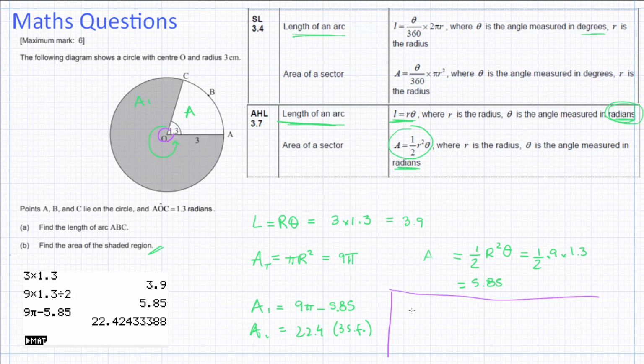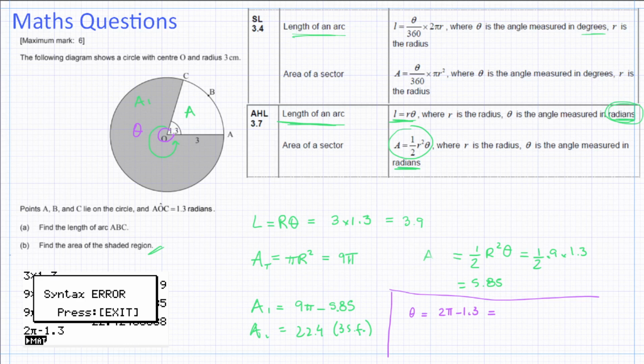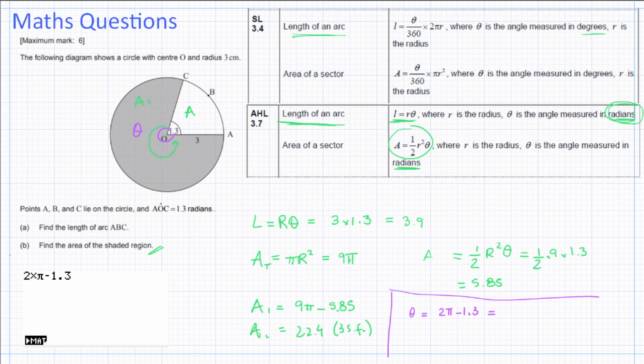Well, if the full angle is 2 pi, the angle that we're looking for here, I'll call it theta, it would be 2 pi, and we would take away 1.3. That is our angle. So if we work those values, 2 pi minus 1.3. Oops. Forgot the multiplication sign. There we go. So it would be